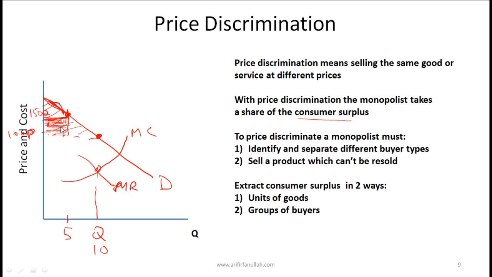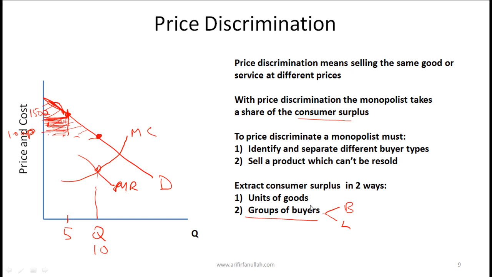Alright, so the last point in the context of the slide: monopolies can extract consumer surplus in two ways. One is through units of goods, and the other is groups of buyers. The groups of buyers example is the one that I just gave. So basically the airline separated two groups of buyers. One was the business traveler and the other was the leisure traveler, and the same product was sold at two